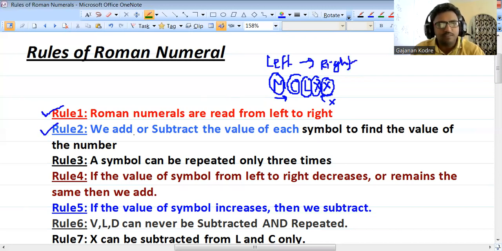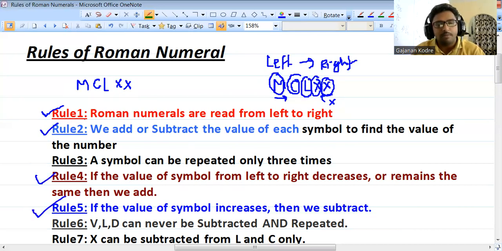Second rule, we add or subtract the value of each symbol to find the value of the number. अब जैसे यहाँ पे मैंने आपको नंबर दिया था MCLXX, how much it is? हमें पता है? नहीं है. तो हमें क्या करना पड़ेगा, हमें यहाँ पे ईच सिंबल की वैल्यू एक तो ऐड करनी पड़ेगी, नहीं तो सबट्रैक्ट करनी पड़ेगी। अब वो कौन डिसाइड करेगा, दैट विल बी डिसाइडेड बाय द नेक्स्ट फ्यू रूल्स, है ना,